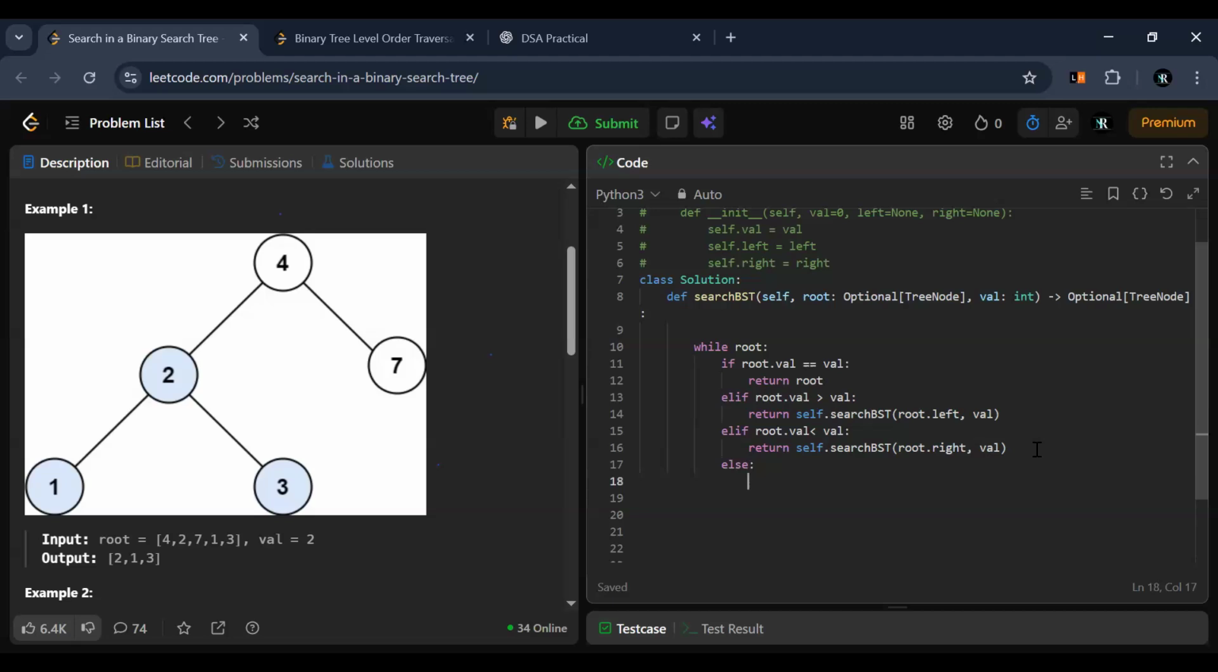एल्स में क्या होगा कि ये वो केस है जब हमारे पास एलिमेंट मिलेगा ही नहीं, तो जब जो एलिमेंट हम फाइंड आउट करना चाहते हैं वो हमारी अरे में नहीं होगा, तो हम सिंपली नल रिटर्न करवा देंगे।